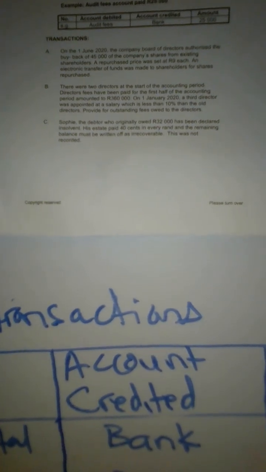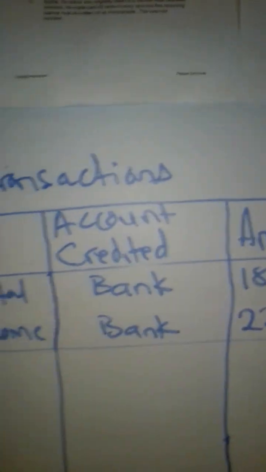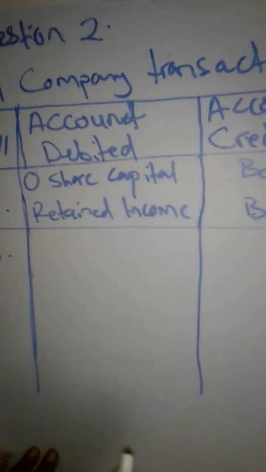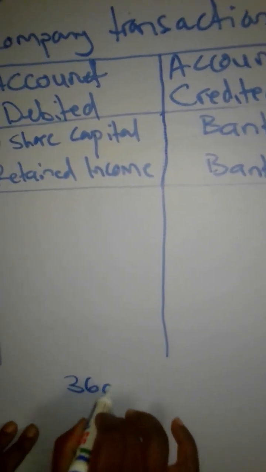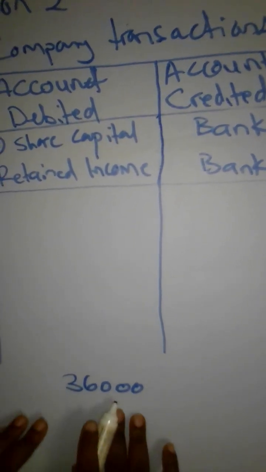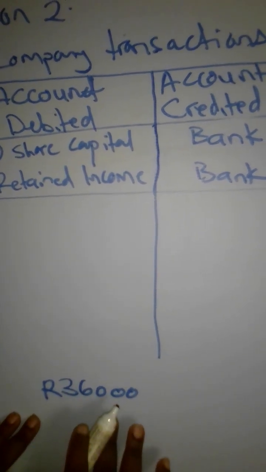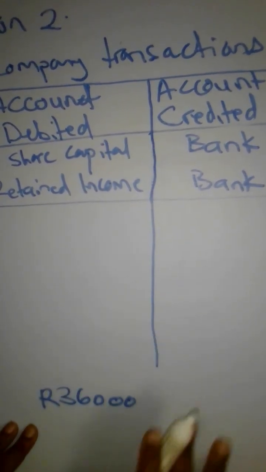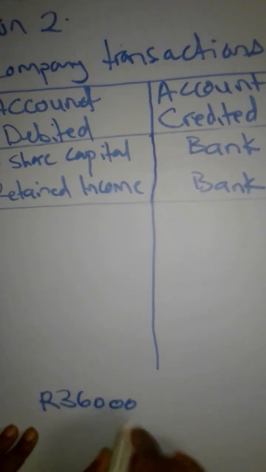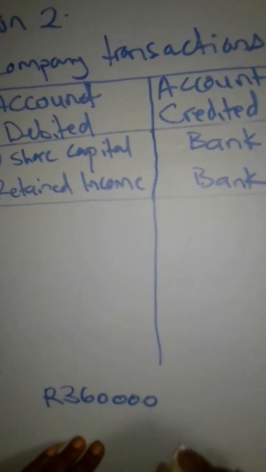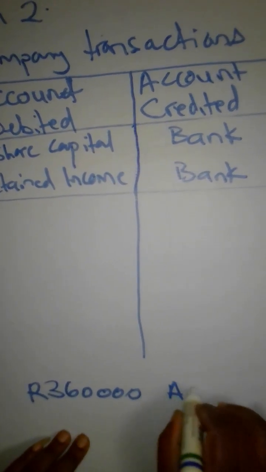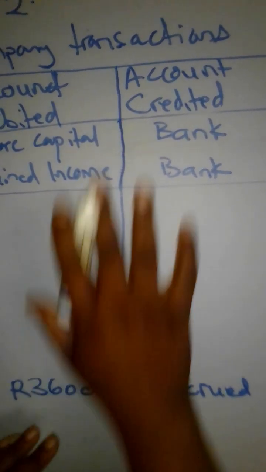So the first thing I'm going to show is a calculation here. Just bear with me, my space is not big enough. I said the 360,000 is for the 2 directors for half of the year. That means the other half is also 360,000, which is remaining. So there is 360,000 accrued for the 2 directors who have been there. These 2 directors are still being owed another 360,000, because the question is saying provide for the outstanding fees to the directors.